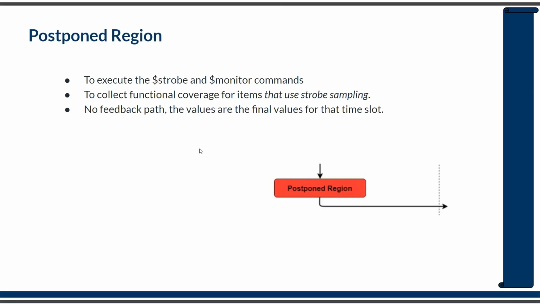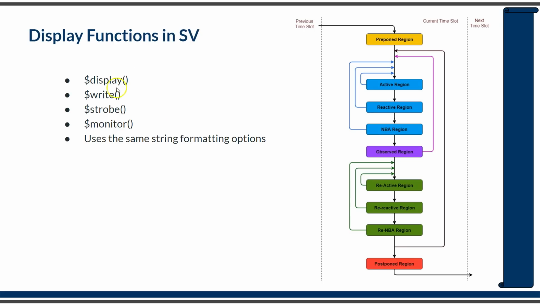Now before winding up this session, we will quickly see what all the display commands in SystemVerilog are. They are $display, $write, $strobe and $monitor, and you have already seen that $display and $write will be executed or evaluated in the active region set, and $strobe and $monitor will be evaluated in the postponed region. So if you are interested in the immediate value of a variable update, you can use a $display or $write function, and if you want the updated value or the last value in the current time slot,